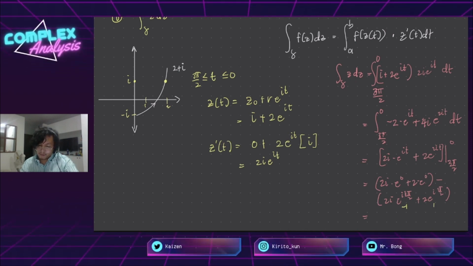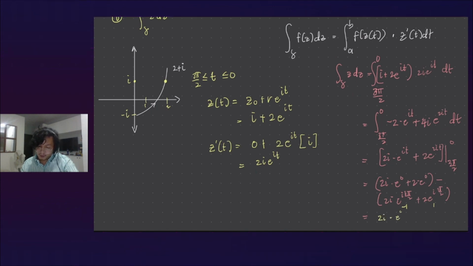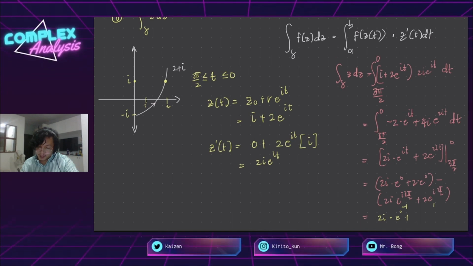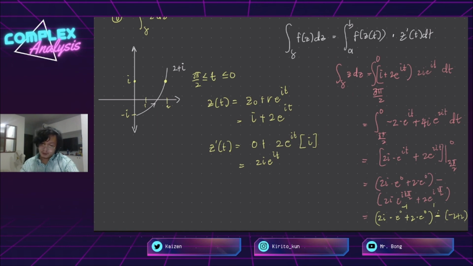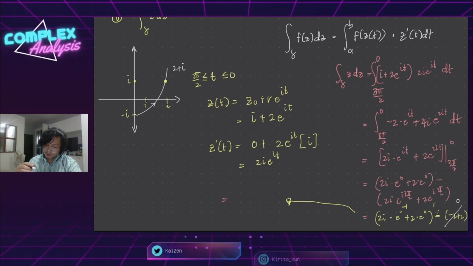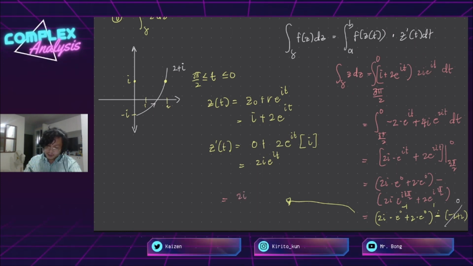So therefore we have 2i times e to the power of 0 plus 2 times e to the power of 0, minus negative 2 plus 2. So this one will become 0. So therefore we have 2i, then 2i, the i is 1, so we have 2i plus